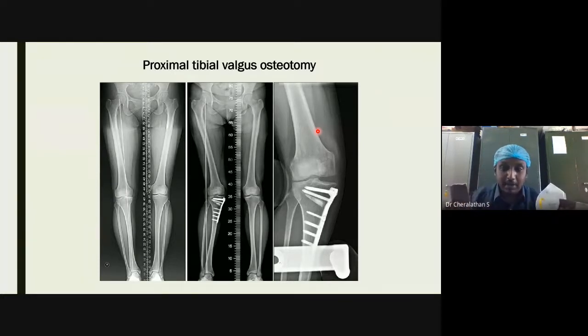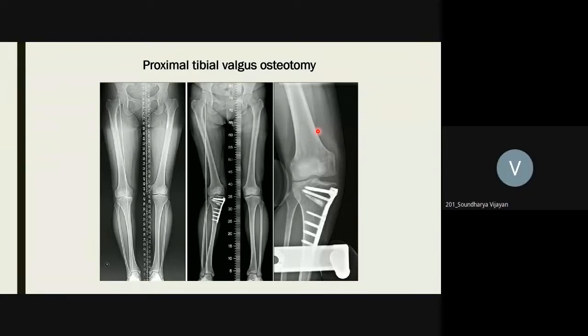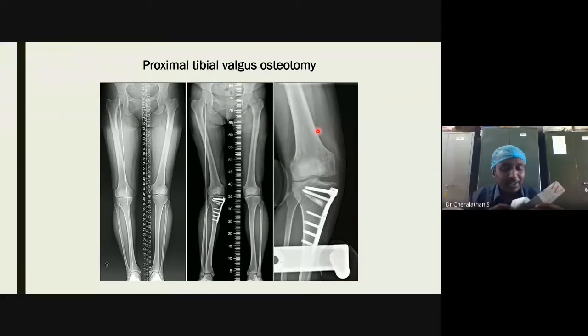Now, both can be used to cause a varus angulation. Is it clear now? Yes, sir. So, the same osteotomy can be done to do either a varus or a valgus. Now, if I open it on the medial side, it is the medial opening valgus osteotomy. If I remove a triangle of bone from the lateral side like this and I close the gap, it becomes a valgus closing osteotomy.